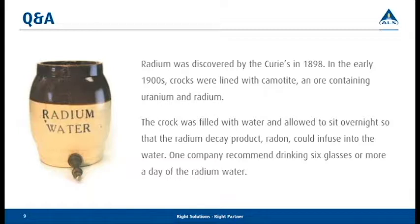And it would go into the decay product of radon, which would infuse the water, and then you were encouraged to drink the water the next day to invigorate your health, which is kind of an interesting thing nowadays where